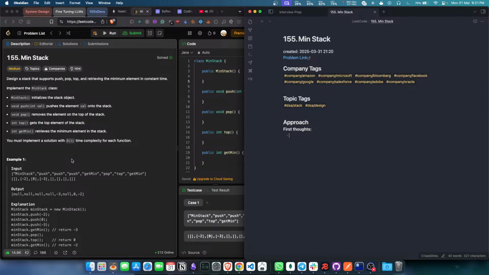Supports push, pop, top, and retrieving the minimum element in constant time. All right, so